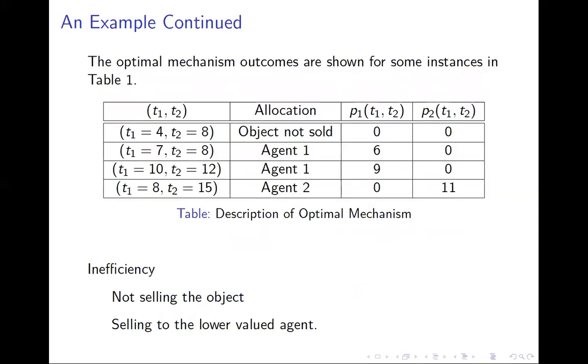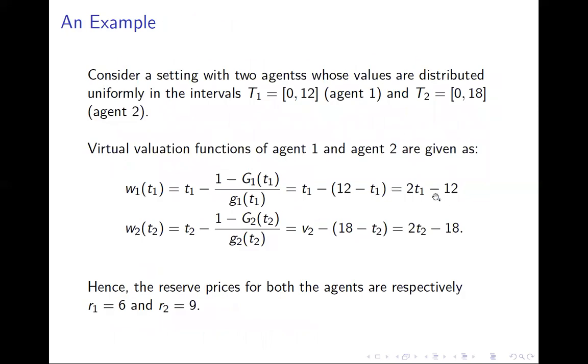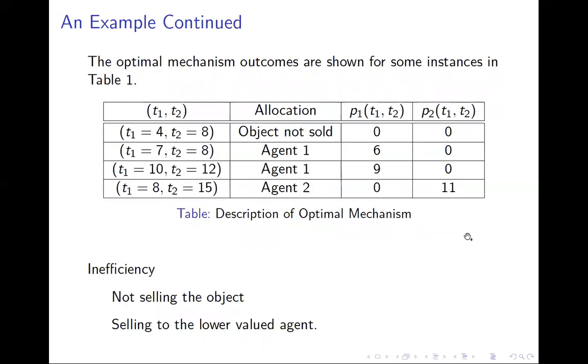So let's look at some type profiles and see how the auction will proceed. At least in these type profiles, what will the optimal auction do? Look at the type profile 4-8. Well, at 4-8, both the agents have negative virtual value, right? 8 minus 12 and 16 minus 18. So the object is not sold. Well, if the object is not sold, both the agents pay 0. Losers pay 0 in